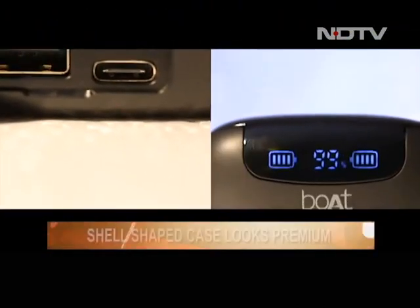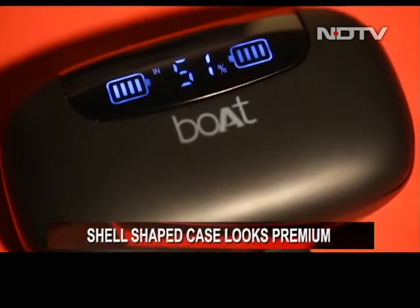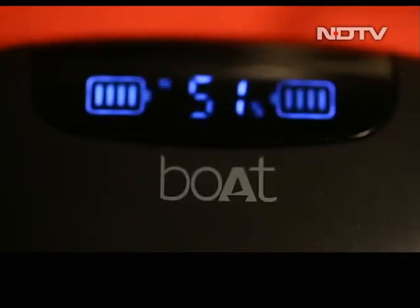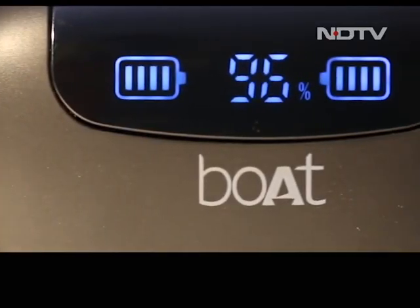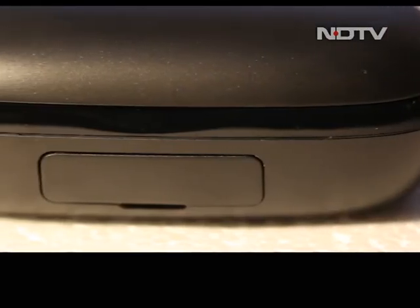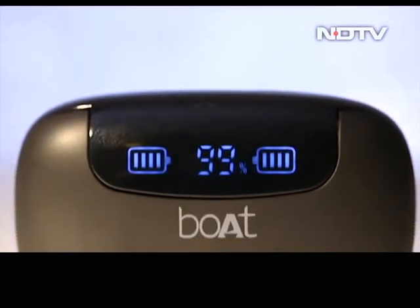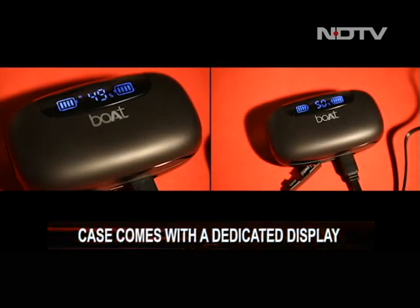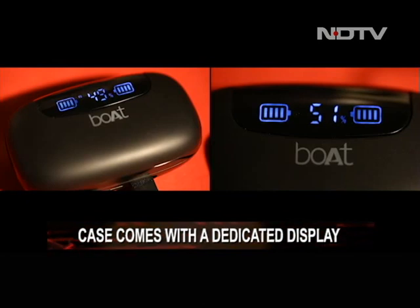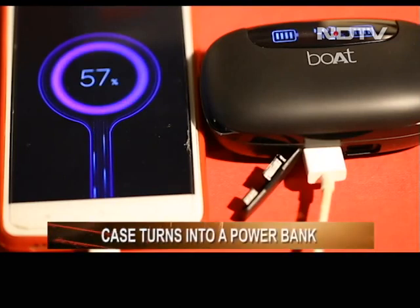The shell-shaped case with us is in a black color and supports a matte finish which definitely looks premium. That having been said, we're not a big fan of the ergonomics on offer. Fortunately, this tank-like design also translates into the build quality since the case feels sturdy and is also IPX7 water resistant. Coming to a rather unique quirk of the case, we get a dedicated display that reads the remaining battery life. But that's not where this quirkiness ends, since this case can also double up as a power bank to charge up other